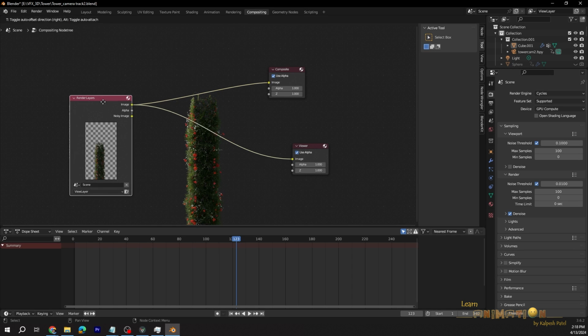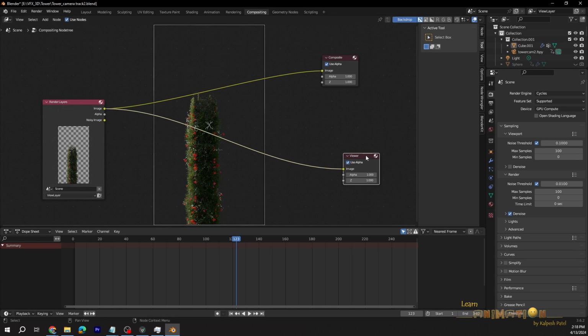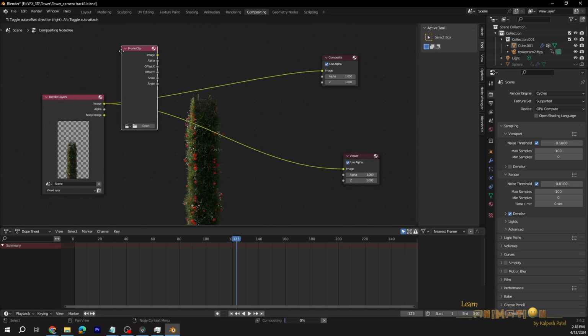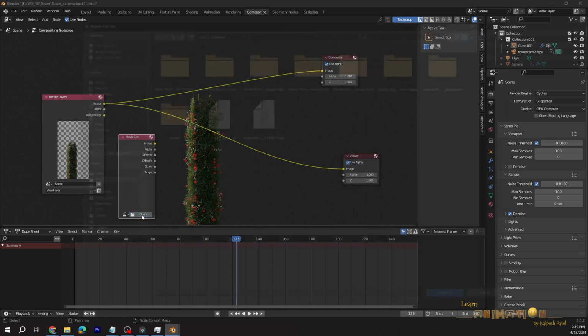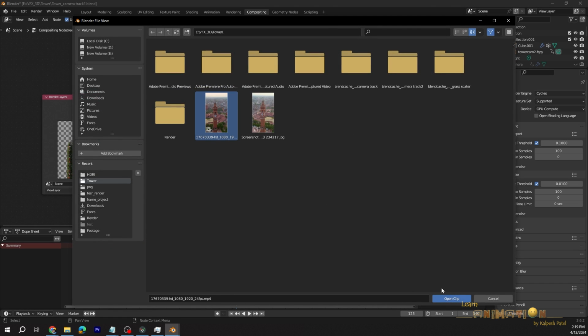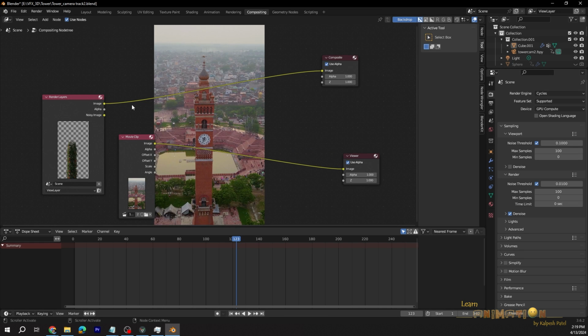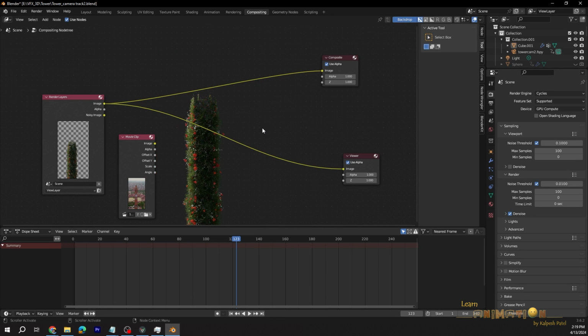Okay, now to get our footage into the background, you can just click and search for movie clip. So here you can insert our movie clip. To view the movie clip, you can directly click the viewer node and see the movie clip, but we need to see both together.